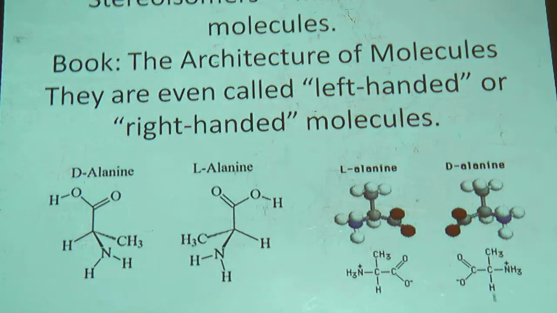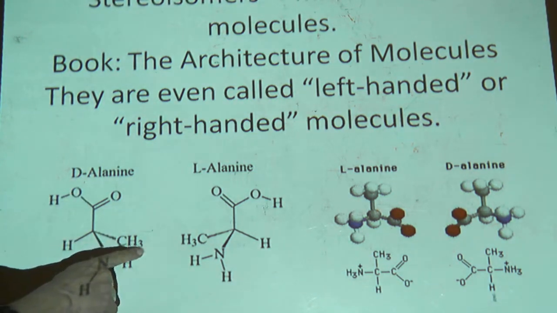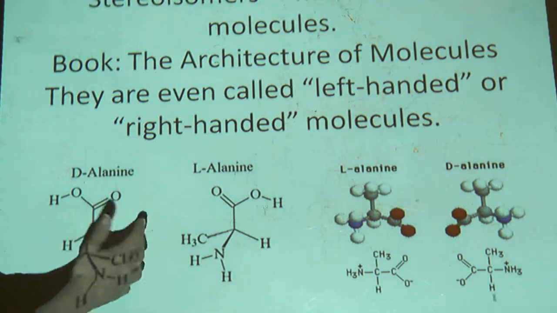So there's a thing called stereoisomers. They're mirror image molecules. So we just talked about reflections. These are like mirror image molecules, and they're inside of us. They're amino acids inside of us, alanine, if I'm saying that correctly, and they're even called left-handed or right-handed. Here's a diagram of the chemicals. H is hydrogen, O is oxygen, C is carbon, and this is 3 hydrogens. So you see it's a total mirror image.